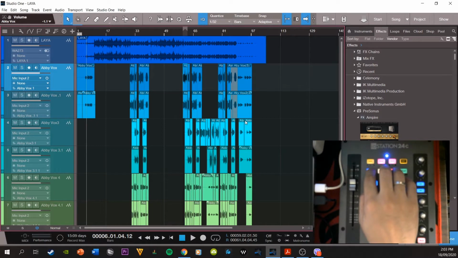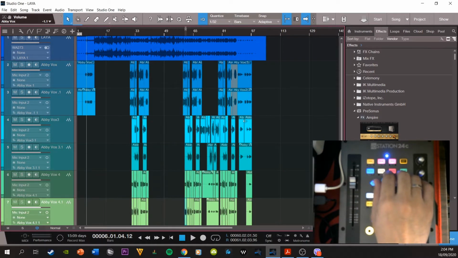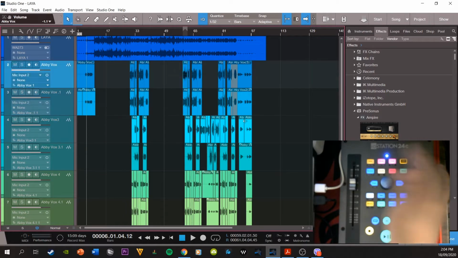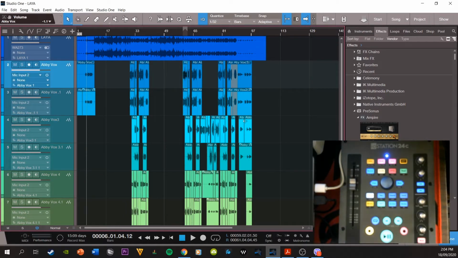Bypasses all effects. I don't have effects here because these are raw tracks and I can't put effects there. But let's just put some effects. Okay, one thing that